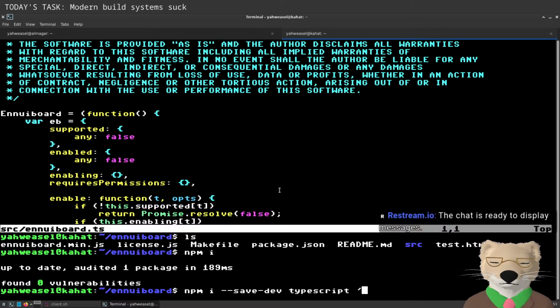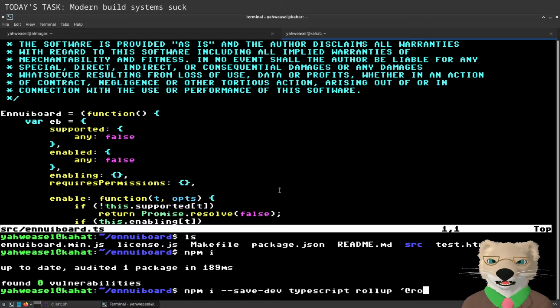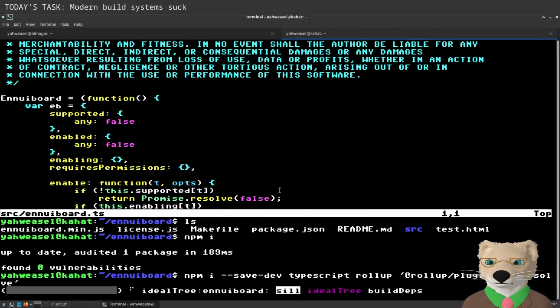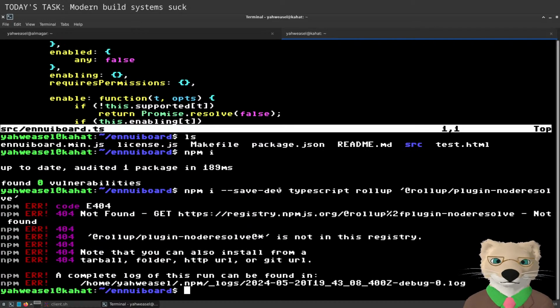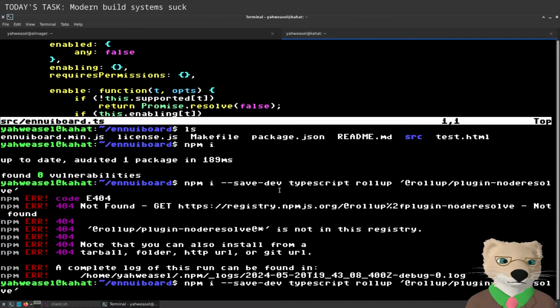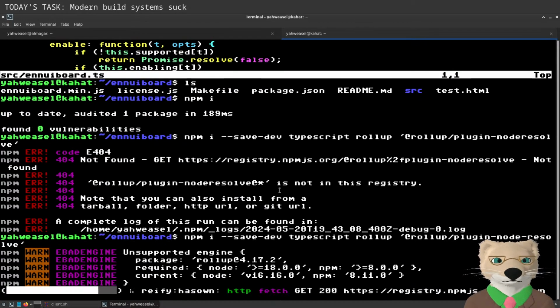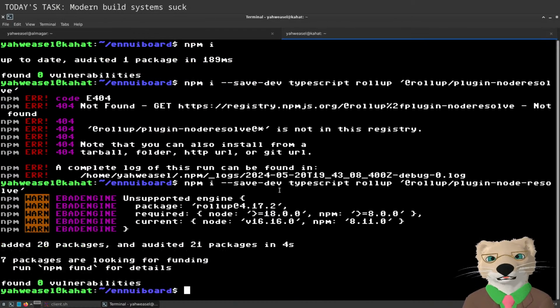So let's see, I'll need TypeScript, I'll need Rollup, I'll need the CommonJS plugin. No, I don't need the CommonJS plugin at all, but I do need the Node Resolve plugin. Actually, I don't need the Node Resolve plugin because there's nothing to resolve.